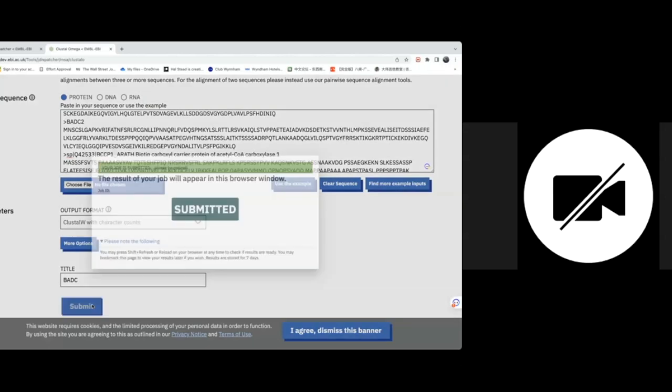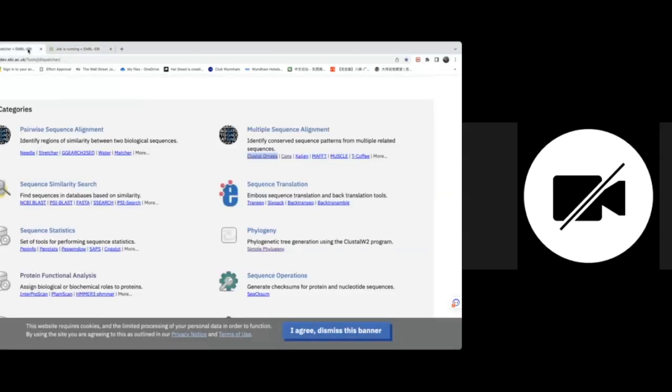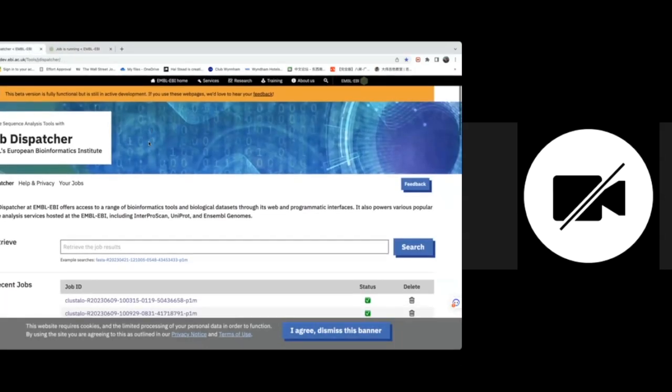Yeah, then you just submit. That's how it takes. Of course, in this case, it takes a little bit of time. So while we're waiting for the result, I just want to introduce this job dispatcher, because a lot of bioinformatics analysis,